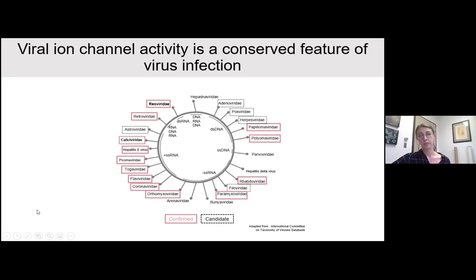So now that we have the tools and the models to study important pathogens like human norovirus, we can begin to ask some interesting questions. And I'm specifically interested in the dysregulation of cellular calcium that occurs during infection. We know that many viruses are able to hijack host cell signaling dynamics, and one of the more direct ways that this is achieved is through virus-encoded ion channels or viroporins. So in this figure, I've just boxed out virus families that contain at least one virus with known viral ion channel activity, just to emphasize how ubiquitous this actually is.